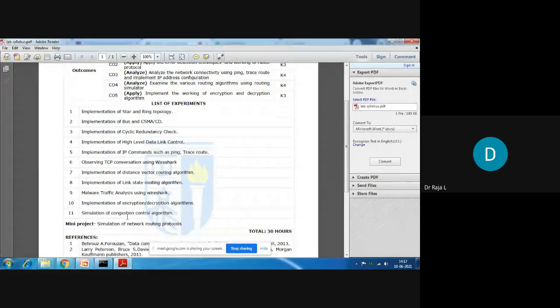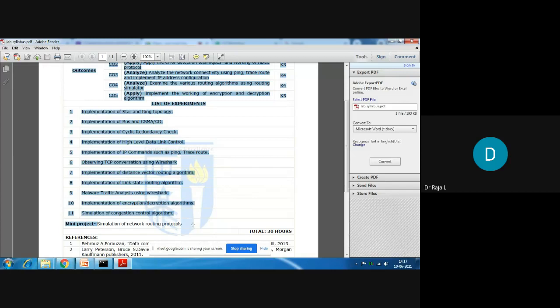All these experiments are very easy. You can practice yourself with your laptop and the tool available. It is an open source tool given by Cisco. You need to install it and register with your user ID and password on the website. Once your registration is done, you can start using the tool. You can learn additional experiments also. Then and there I will do some additional experiments. Finally, you will be able to simulate any network routing protocols.